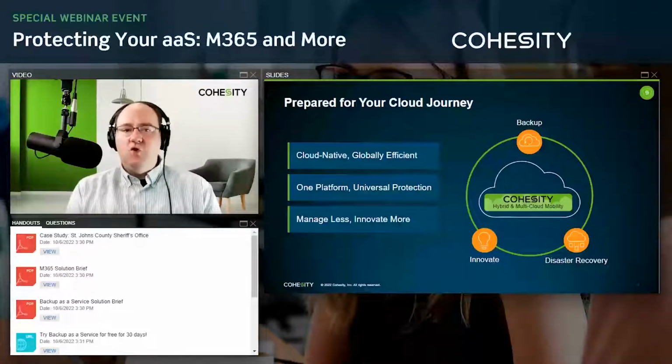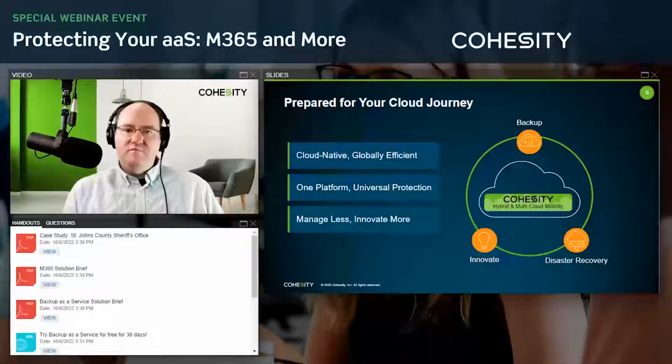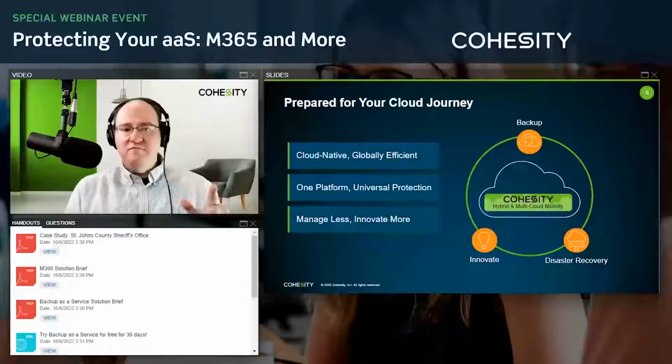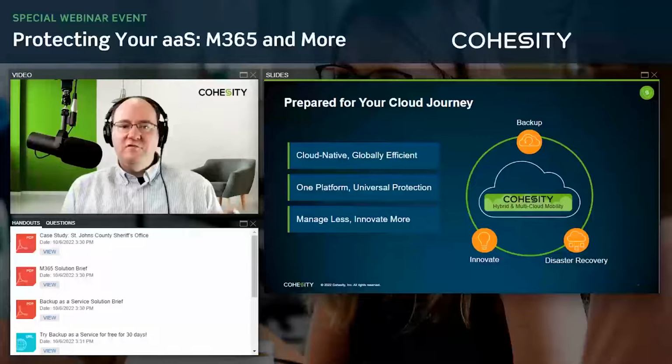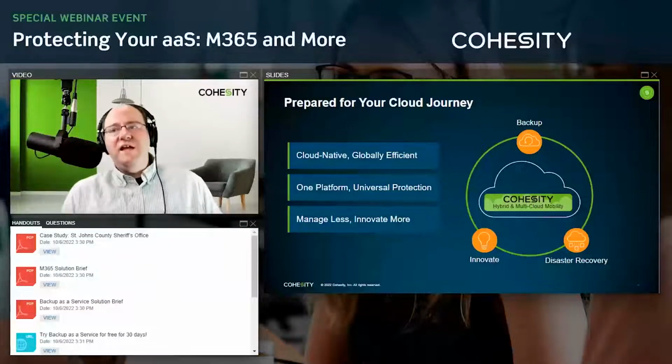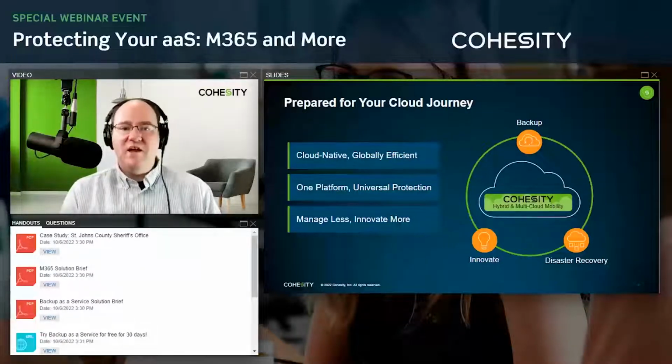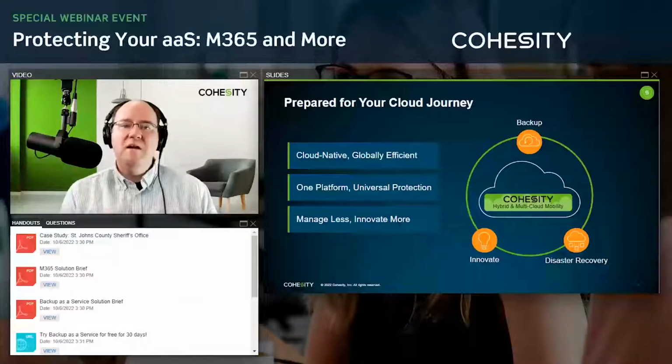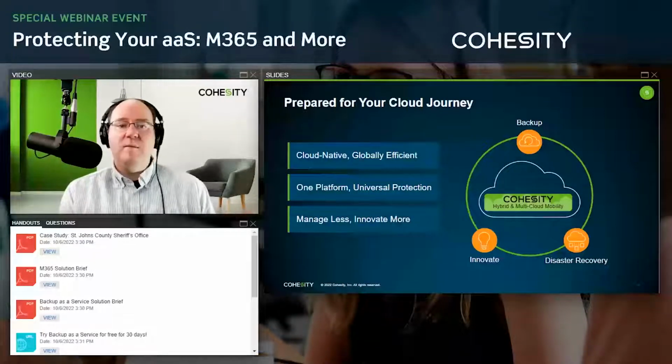One platform, so whether it's on premises, and I use the word on premises correctly, just for those who are paying attention at home, the as a service solution that we offer, so Cohesity hosted, or if you're using a managed hosted from a service provider, all that experience is the same, utilizing Helios across the board for access to those environments. And you get to the point where you can manage less and innovate more. The whole idea is to eliminate these data silos that exist out there to give you time back in your day-to-day operations for anything else that needs to crop up within the environment.